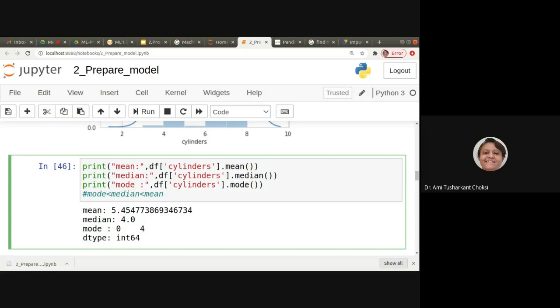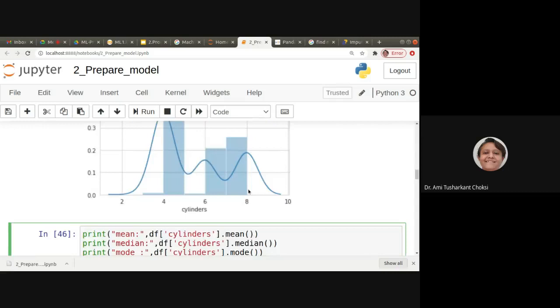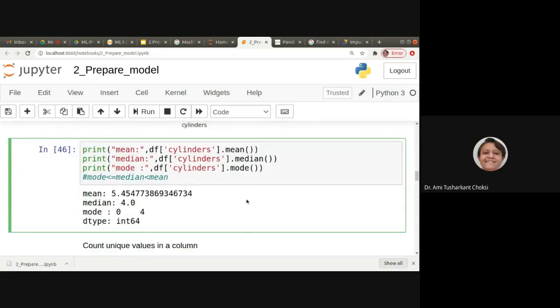No. It is this way, isn't it? Still, we can say that the mean is at the right hand side and it is a skewed distribution. What sort of? Positive, right? But for mode and median we can say they are at the same point here.